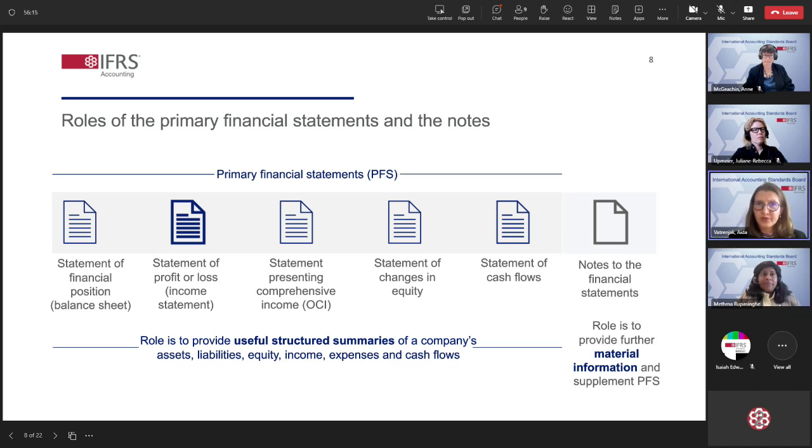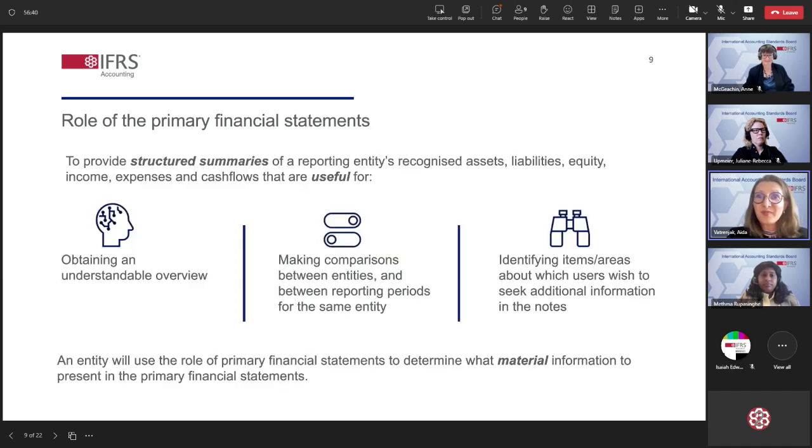Thank you so much, Mesma. So we have 3 things here: role of primary financial statements, role of notes, and then importance of connecting information between the 2 locations. And you mentioned useful structured summary as a role of primary financial statements. And this is a new concept introduced in IFRS 18. And given that this is your baby, you've been working on so hard over the time of the project, can I turn to you and ask you to explain to us the role of primary financial statements in a bit more detail?